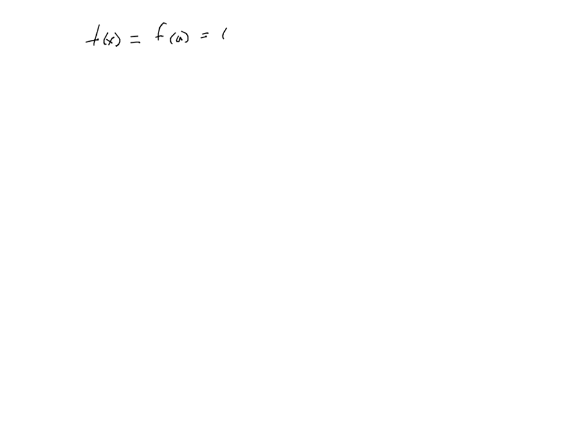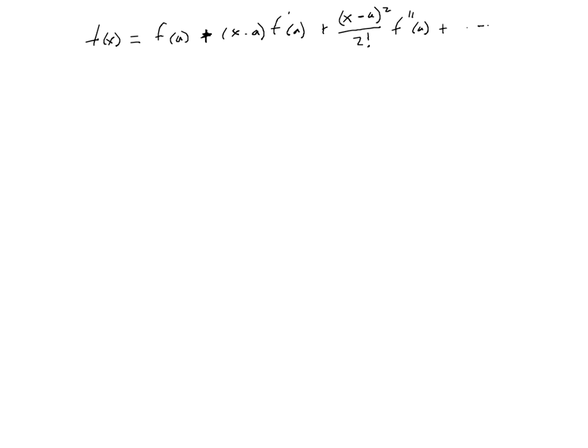So we have plus x minus a of f prime of a plus x minus a squared over 2 factorial f double prime of a